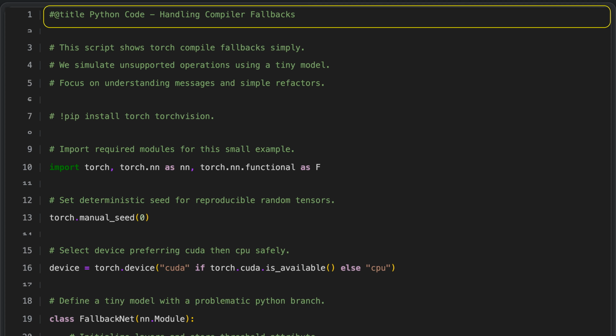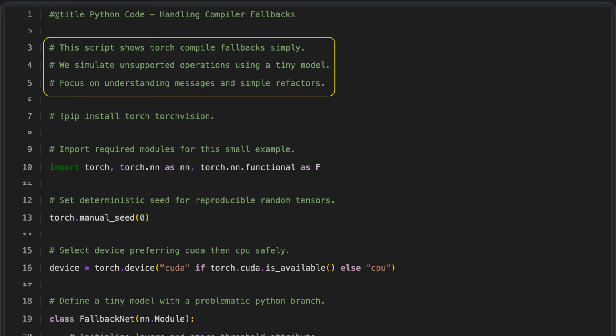Python code, handling compiler fallbacks. This script gives a simple demonstration of how torch.compile handles fallbacks. It uses a tiny model to simulate operations that are not supported. The main goal is to help you recognize the messages that appear and understand how to make small refactors to